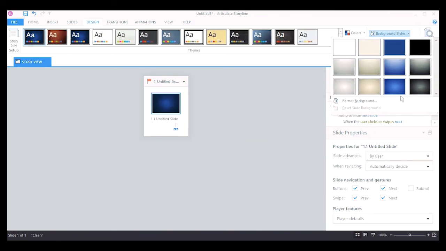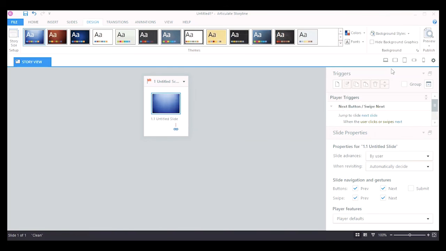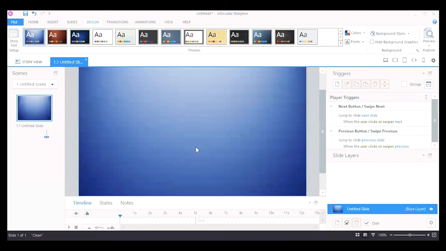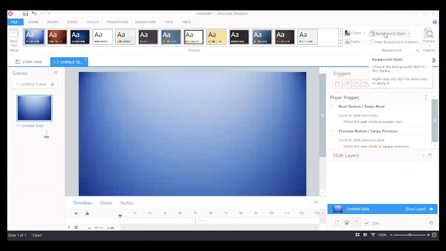So for example, if I click on this one, it is showing a difference in my theme. Now you can see that based upon the background style that I just did, it had an impact on the slide that was already selected in my course. And then if we want to hide background graphics, we can always do that by clicking on this box.